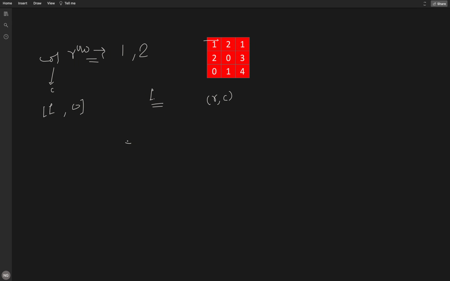So in the second pass, what we need to do is again iterate over the matrix, for i equal to 0 up to m, the number of rows, and j up to n. Then at every i and j we will check whether i or j is contained in the row or column vector. If it is, we will modify the value of that cell to 0. If not, then we will keep it as it is.